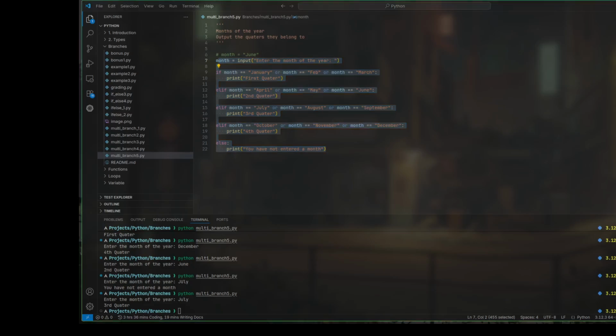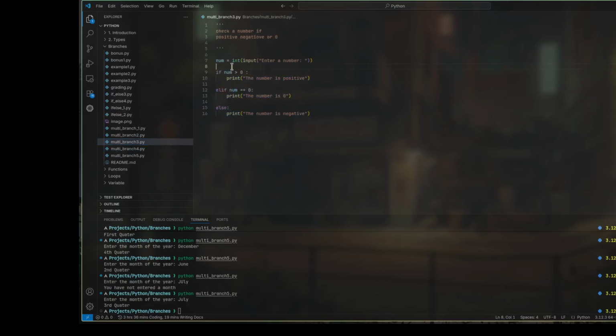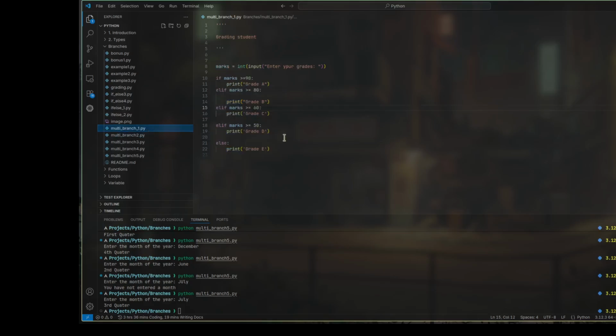We've been able to check against months of the year. Been able to check mid of the week. We can simply do this to have Monday, Tuesday, Wednesday, Thursday, and Friday. For multi-branch, we have checked the number. We have done the we've seen. Okay, this was when we checked the marriage age or marriage period. Then this was the grading example. Finally, to